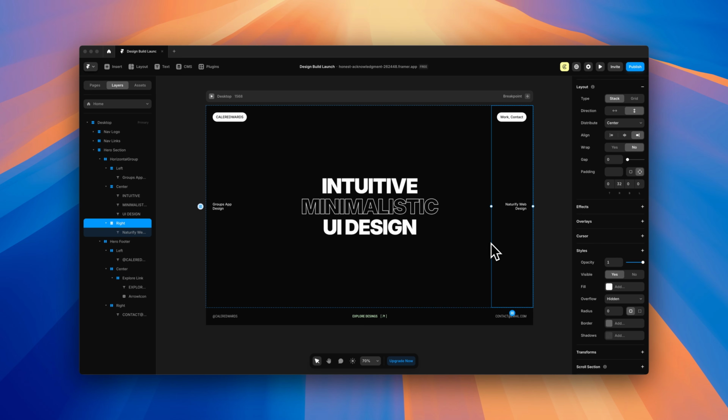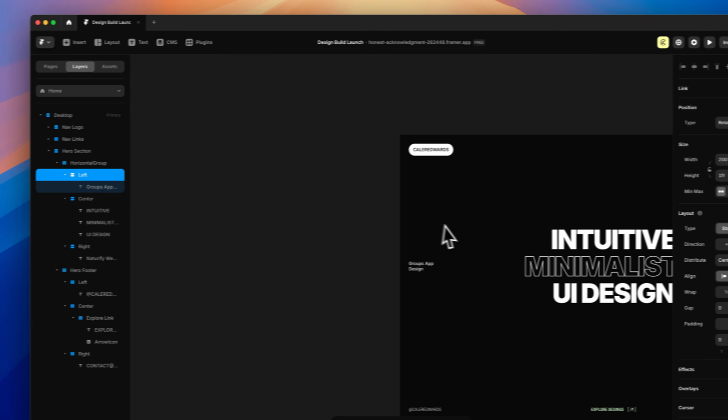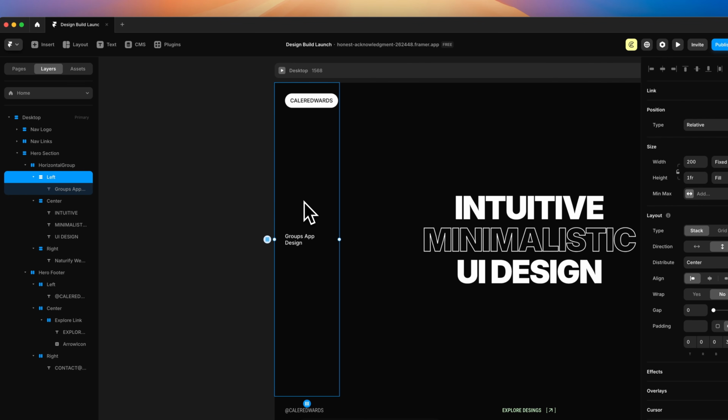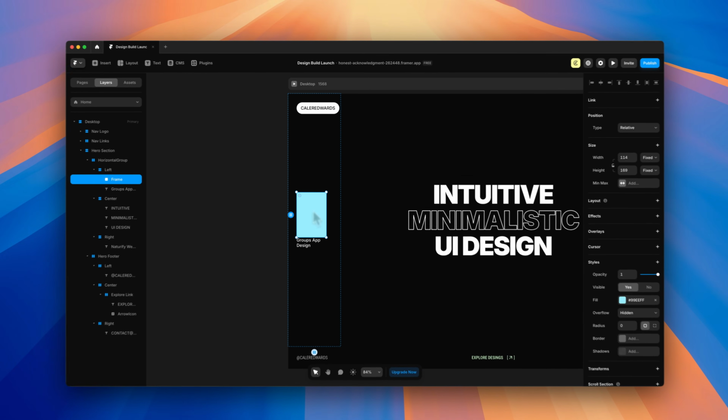All right, so now let's start getting into some of the more cool stuff. Let's add that gradient on the sides. When you start hovering over this text, it kind of glows on the side a bit. So to do that, what I'm going to do is first go to the left side, and we'll do it over here first. What I'm going to do is just add a frame in here. And this is going to break the layout for just a moment, but that's okay,